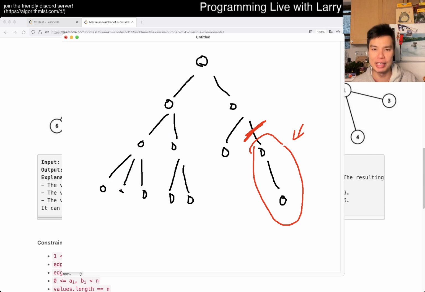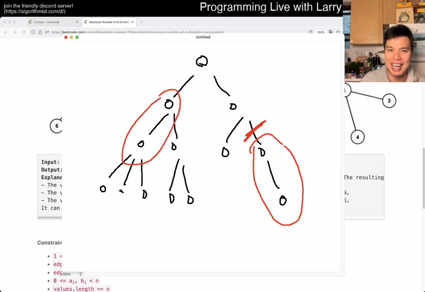Because you're always doing it by the branches. What I mean by that is, if you cut off, let's say this is divisible by k, and you try to cut off this way, but this element might not be divisible by k, then you have a quote-unquote impossible situation, and it's not maximized anyway,